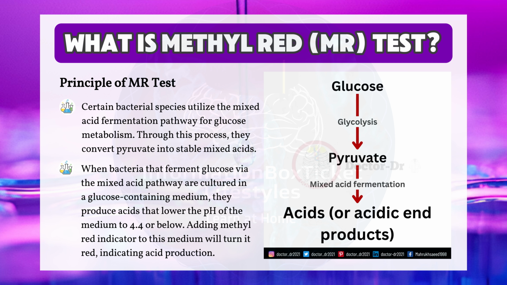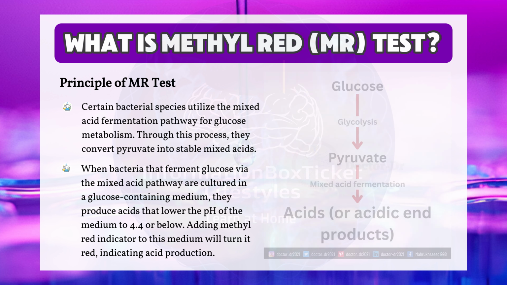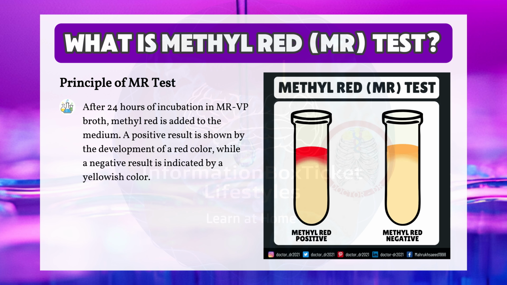When bacteria that ferment glucose via the mixed acid pathway are cultured in a glucose-containing medium, they produce acids that lower the pH of the medium to 4.4 or below. Adding methyl red indicator to this medium will turn it red, indicating acid production. After 24 hours of incubation in MR-VP broth, methyl red is added to the medium. A positive result is shown by the development of a red color, while a negative result is indicated by a